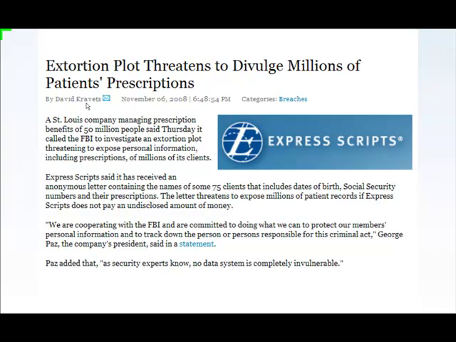So in terms of extortion, this is a good example. There are two good examples of extortion that have come out publicly. This was in 2008. Express Scripts is a company in the US. They also do business in Canada. They do insurance claims processing. The story there is their software quality assurance or testing group, basically a quality control group, was using production data to test the software. Their production data was well secured, but their testing group had lousy security practices. But since the testing group had the same data as the real databases used in the business of the company,